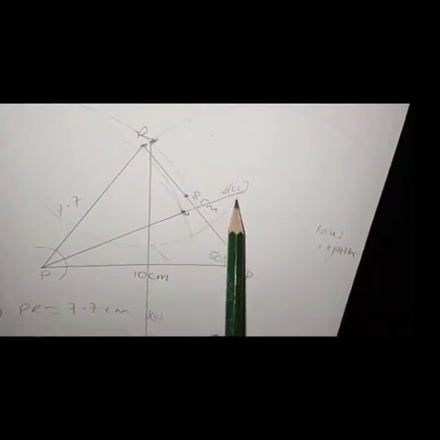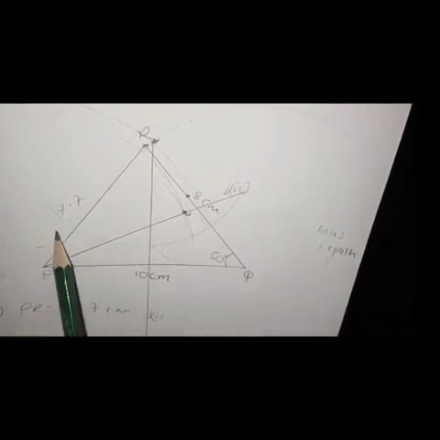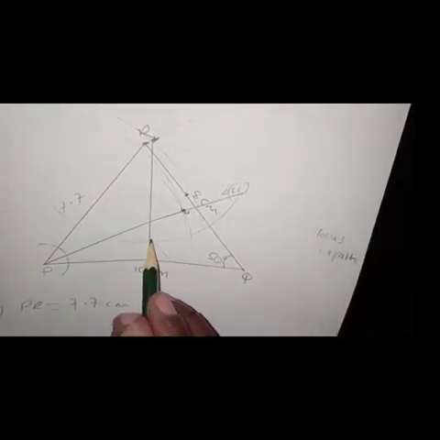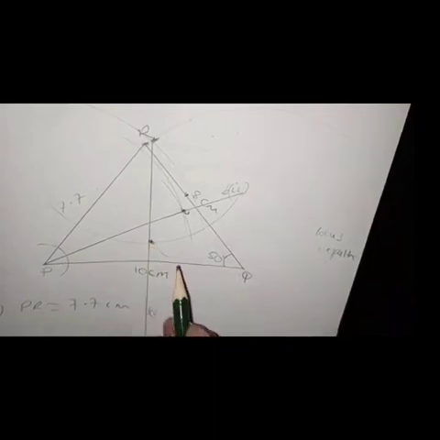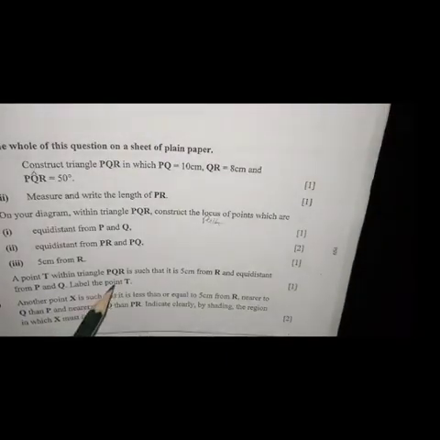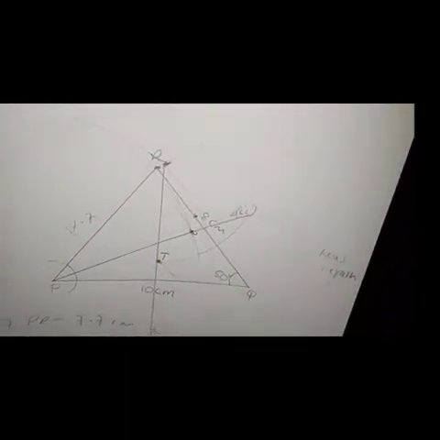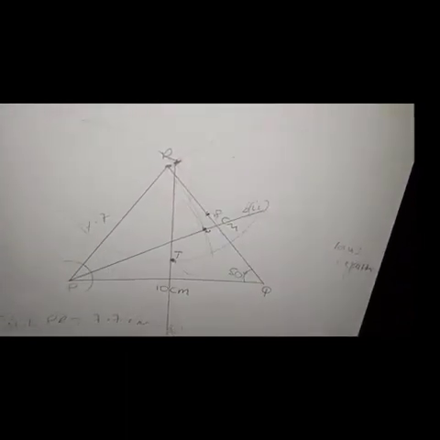So 5 centimeters from R is here, equidistant from P and Q is this one, so they are meeting here. That's where the point T must be. I label T. Then next